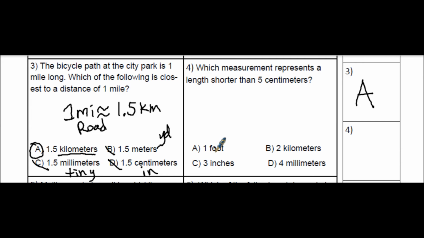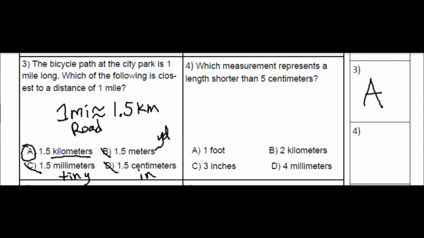Which measurement represents a length shorter than 5 centimeters? So we're not looking for something that's the closest. We're looking for something that's shorter. Now, centimeters. I know that 1 inch is equal to 2.5 centimeters. So if I have that part memorized, then I can kind of double the 2.5, and a half and a half make 1, and 2 and 2 make 4, and 4 plus 1 is 5. So we double that side and we get 5 centimeters, and we know that 2 inches would be equal to 5 centimeters. Well, down here it says 3 inches, and I know 3 inches is bigger than 2 inches, so